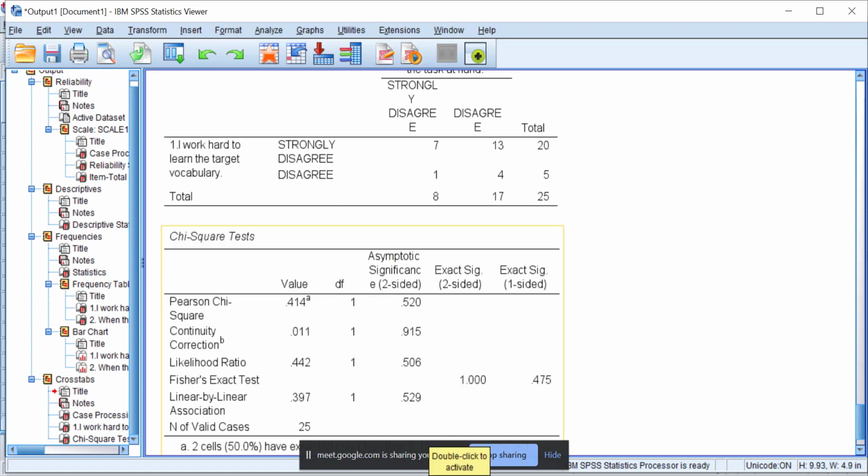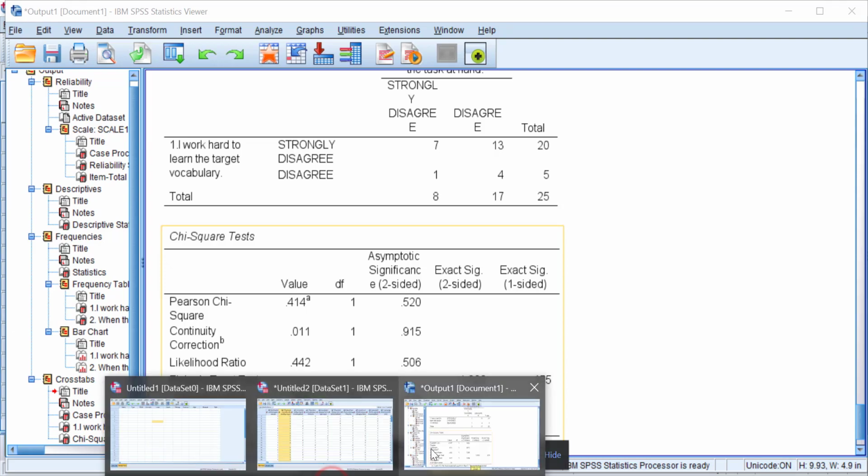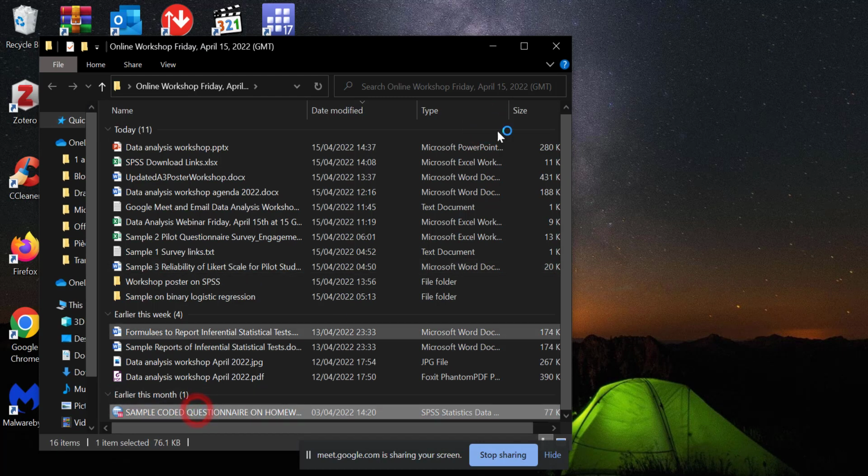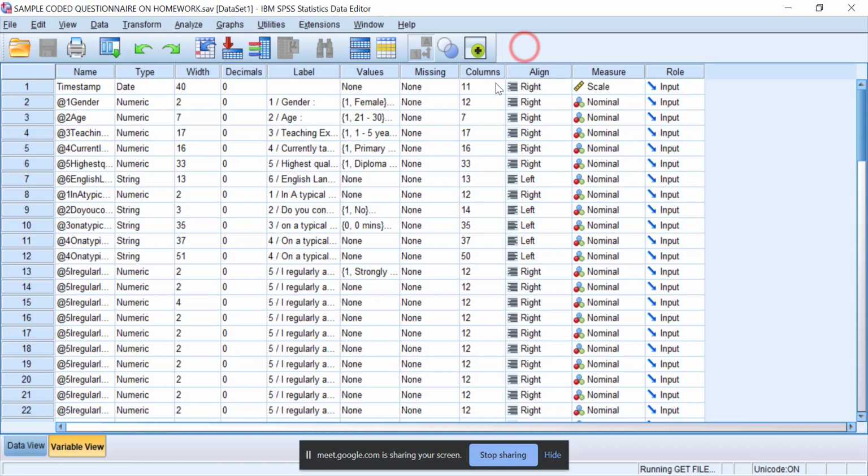Then we have other types of tests. But now I'm going to use another file, this one. Okay, but just while waiting for it to be uploaded,